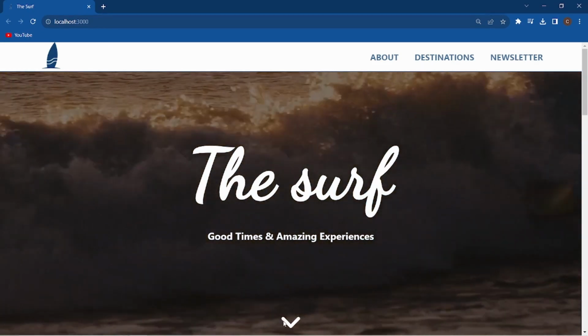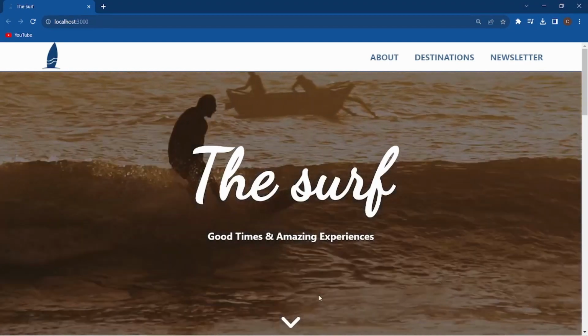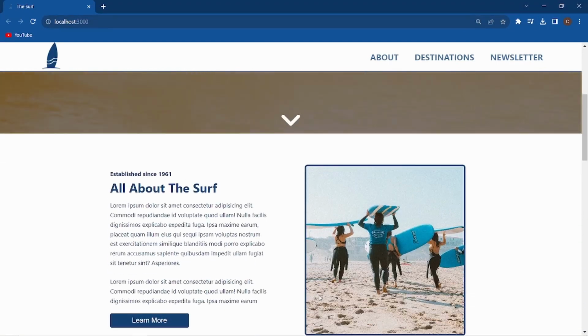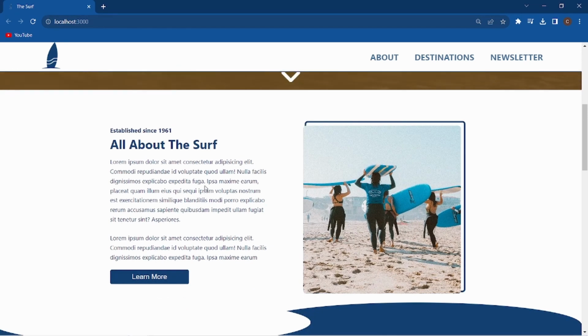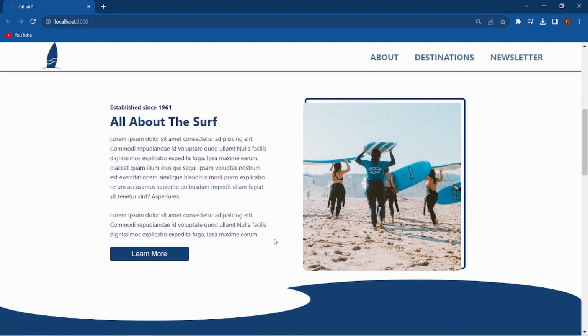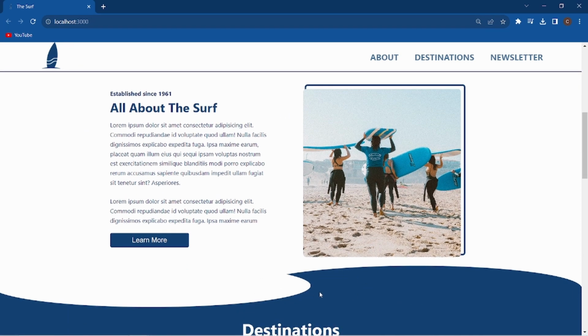And then we've also got this little hover animation of an arrow, which is just pointing to the next part of our website. So if we scroll down, you can see it's just an about us section. So it's just got some titles here, a button, and then a little animation on the actual image here. So you can see it just animates inside the square box. And then underneath that, you can see I've kind of created this sort of wave effect to cut off to the next section, which I think is quite fitting for the theme of the website, and I think it